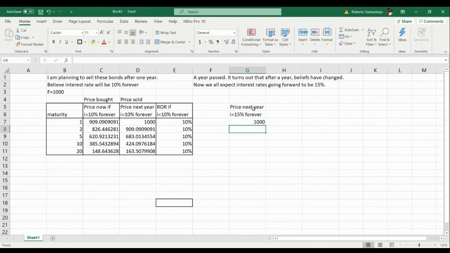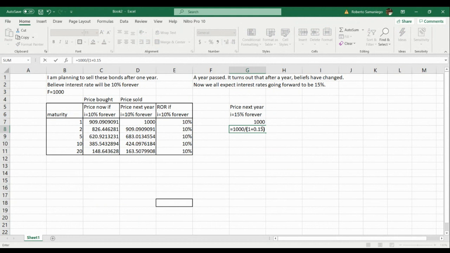So that's just 1,000. Nothing happens. What about the 2 year bond? The 2 year bond, however, still has a year outstanding, right? So the 2 year bond is now a promise of $1,000, 1 year from now, but at the interest